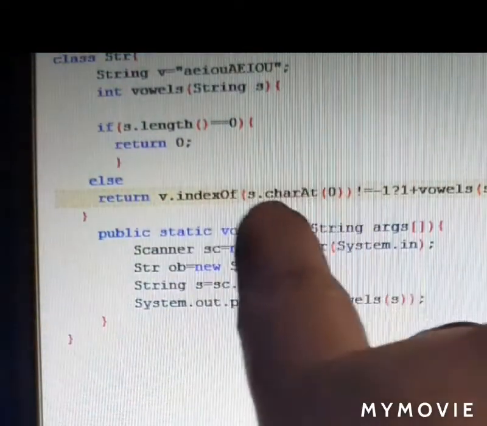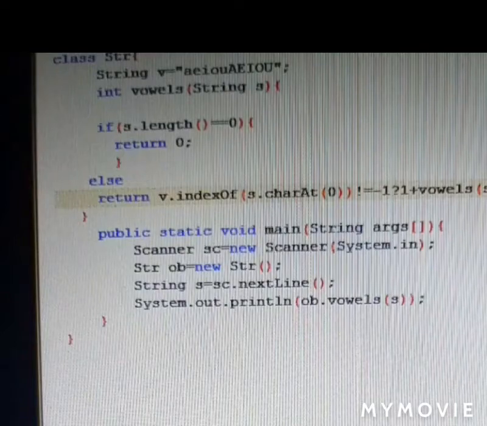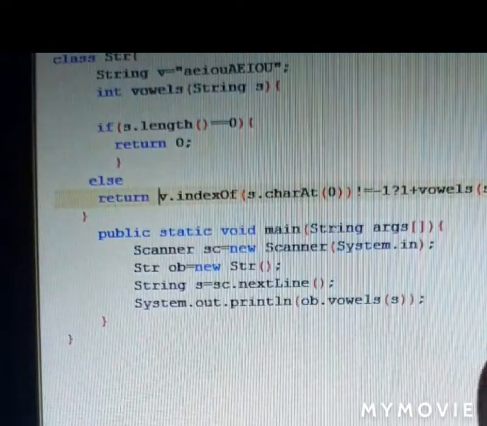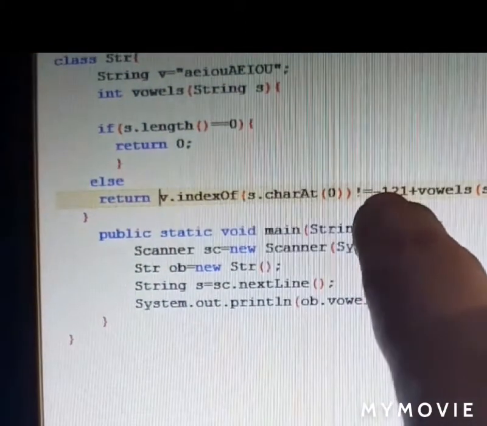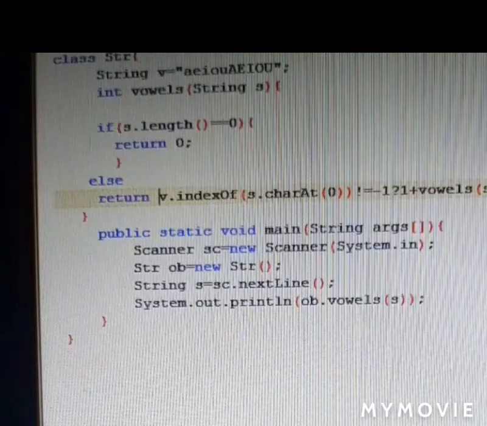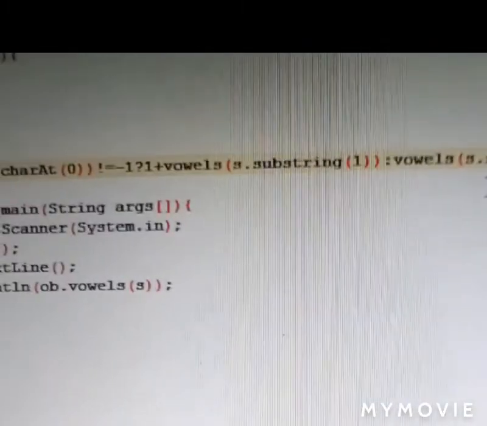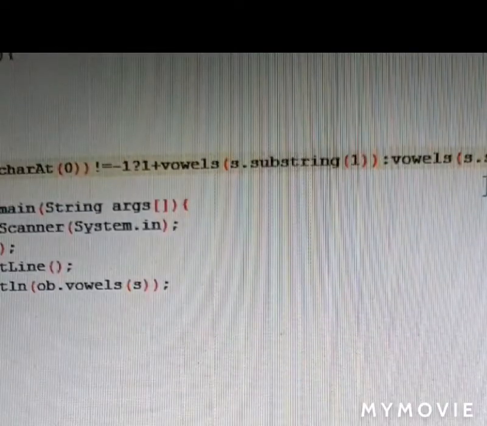No. Again from "reat", R is going to be extracted from the 0 position. R will check itself whether it is a vowel or not. So it is not a vowel, and so -1 will be returned, but our condition is saying it should not be -1. Again it will come to the else part, that is the colon part, and call vowels function and send it starting from the first position, "eat".